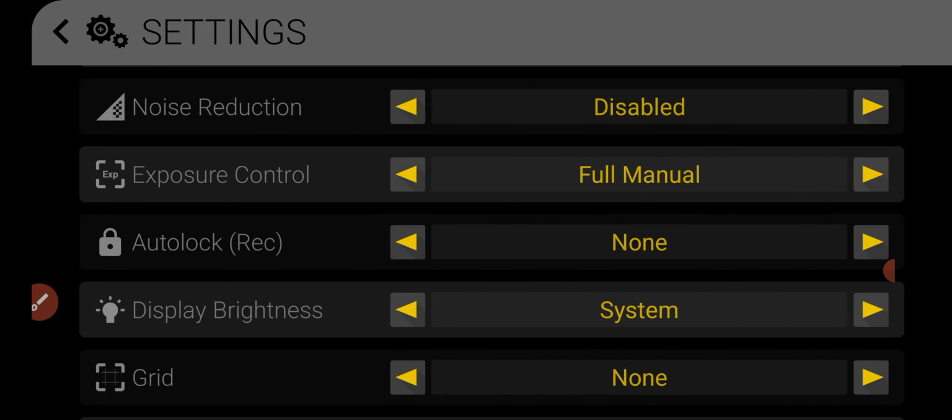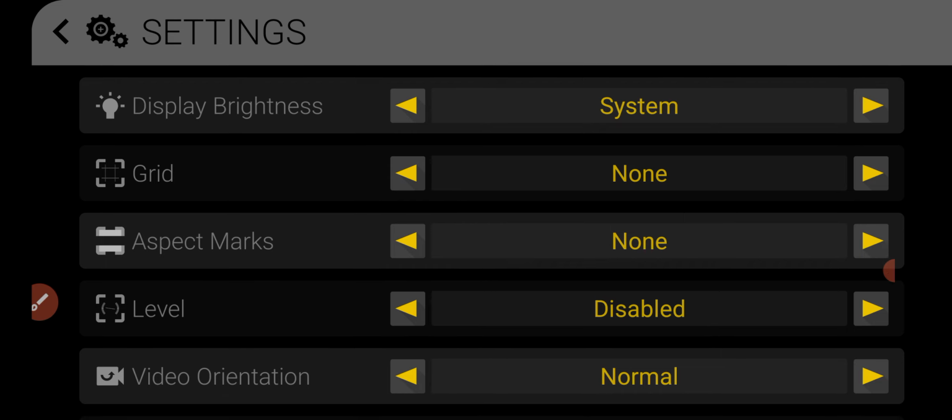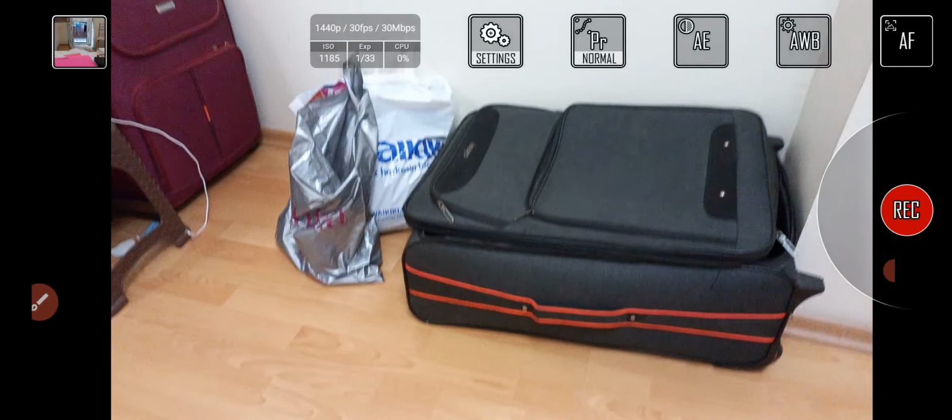And then we come to the important part, which is noise reduction. You must disable the noise reduction. It will be on normal, and you just click the right arrow to go to disable it. So make sure it's written disabled. Noise reduction is disabled, and display brightness, set it to system, which you can see over here. Then just go back and watch the difference,